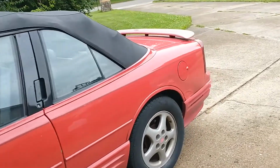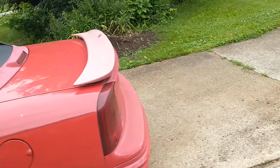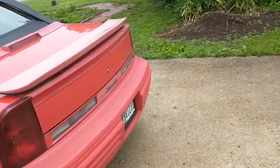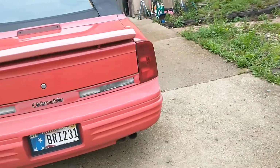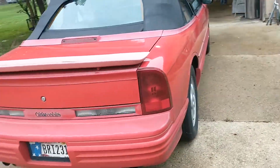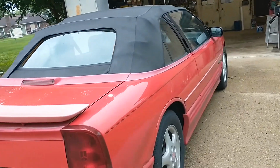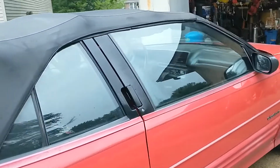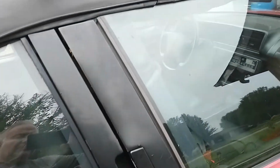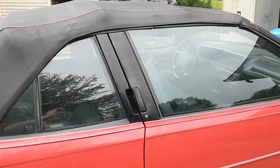But what it told Oldsmobile is, hey, there's a market for this. Somebody would want a convertible version of this. So here we go. A couple years later, they made a legitimate convertible, and it's a power top, fully functioning. I think people misunderstand what's going on here, and I'll show you when I let the top down. This kind of has a basket handle on the top of it, and people say,